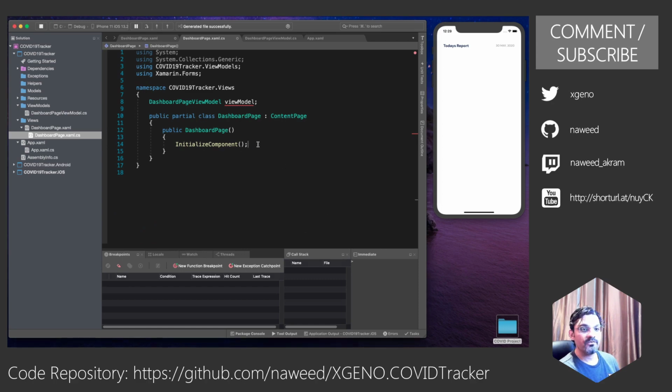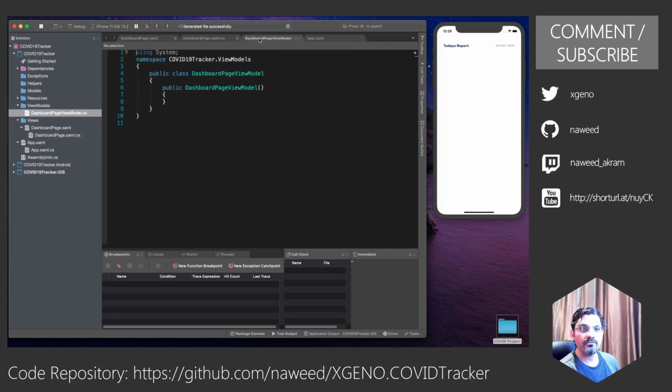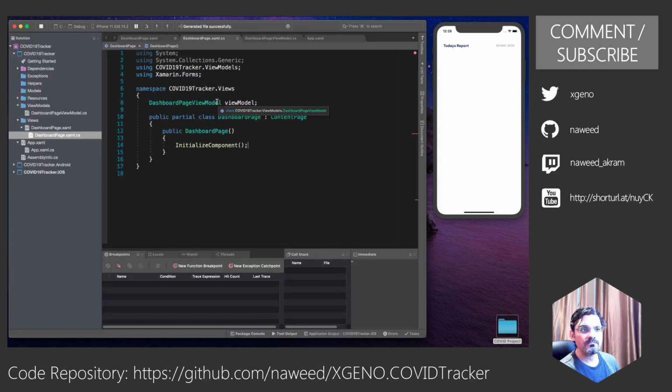And once the page is loaded, a namespace cannot. We have not defined anything over here. Public class model. Okay.